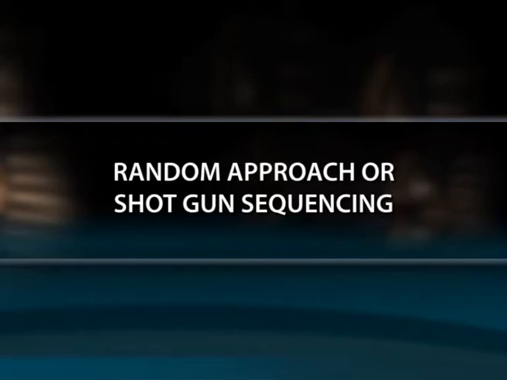Random approach or shotgun sequencing. This is a random process in which there is no control of the region that is going to be sequenced, also known as shotgun sequencing. Genomic DNA is randomly fragmented using nebulization or sonication into smaller pieces ranging from 2 to 3 kb. The DNA fragments are inserted into a vector that is replicated in a bacterial culture.